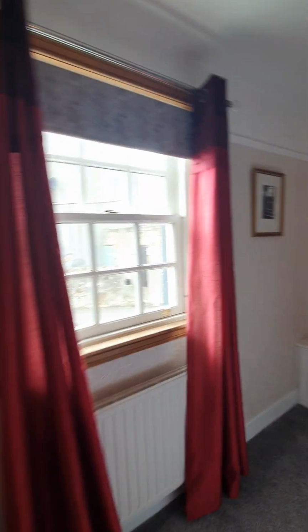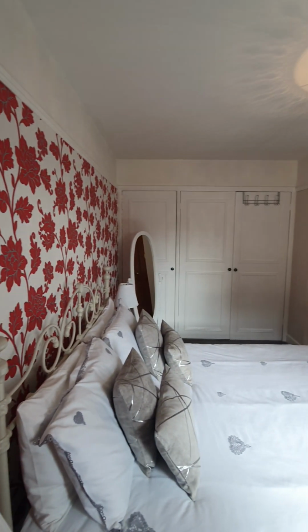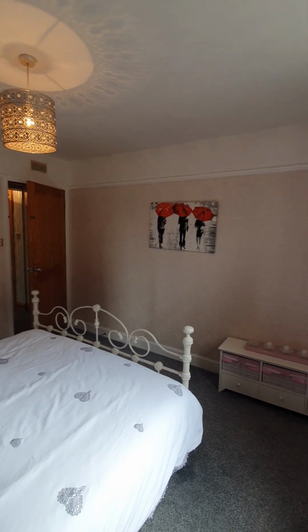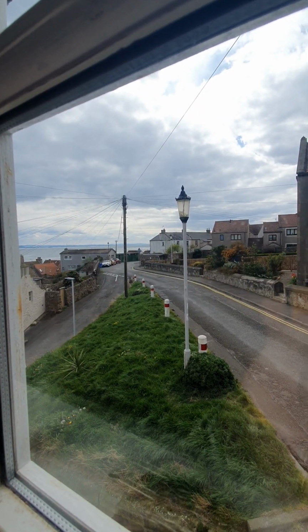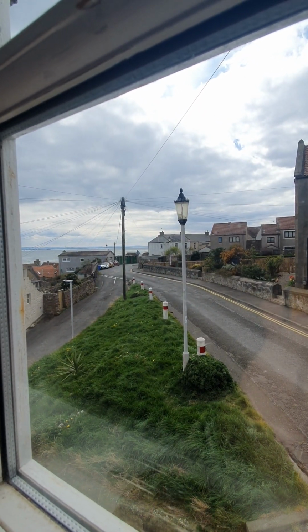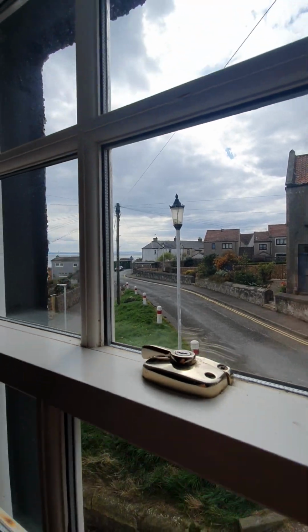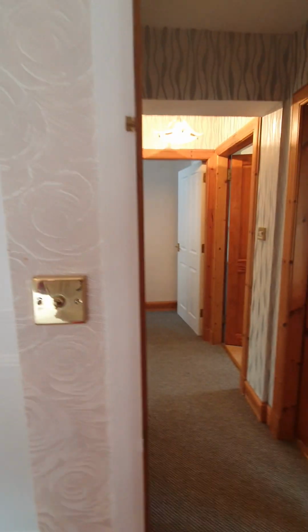Show you from this angle. So again, you can see how much space you have. Really nice. And your views from here go down the hill. So literally you walk down that hill, you're down towards the harbour, into John Street, etc. Towards Anstruther. So go back out into the hallway,